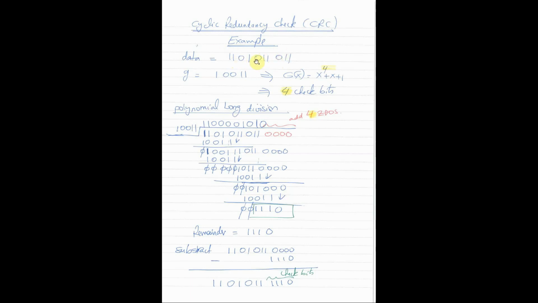This is my data I want to send. In addition to the data, I know what the generator is. So the generator sequence is given. It has to be given, of course, because it needs to be agreed upon by the sender and receiver. So the generator sequence is